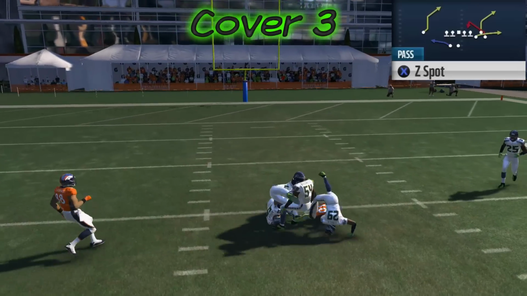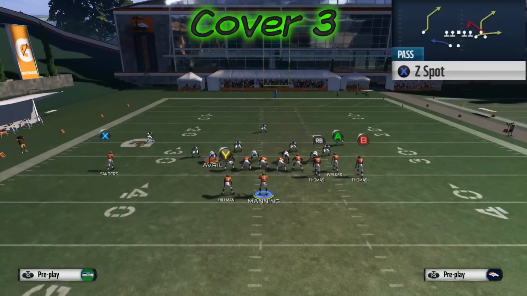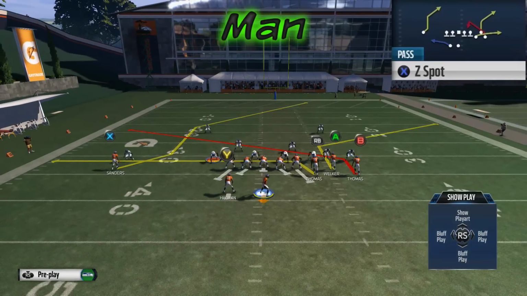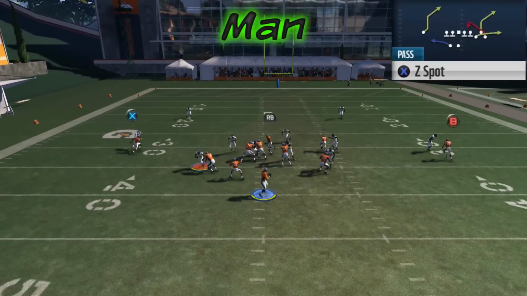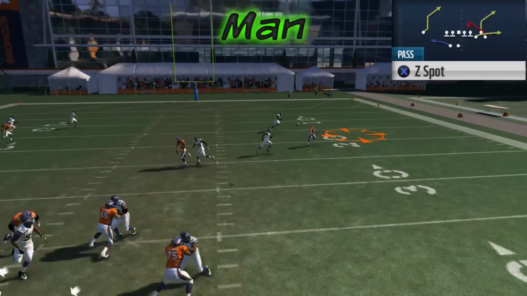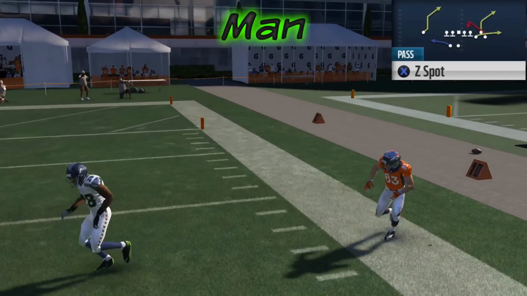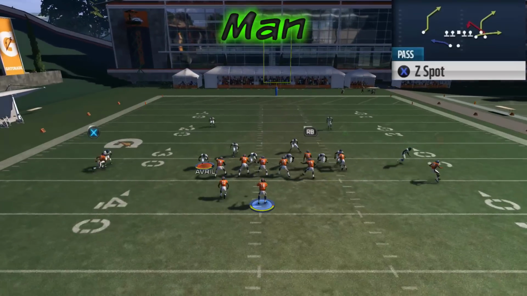The post that you saw right there is open against cover 3. The corner route is not going to be open against cover 3, but that is going to be your man read. You'll see that the slot or the A receiver gets off the press here, and he is absolutely screaming open against man press, or any man, as a matter of fact. It doesn't matter if it's a linebacker or a corner. As you saw there, he just smoked the corner to the outside.